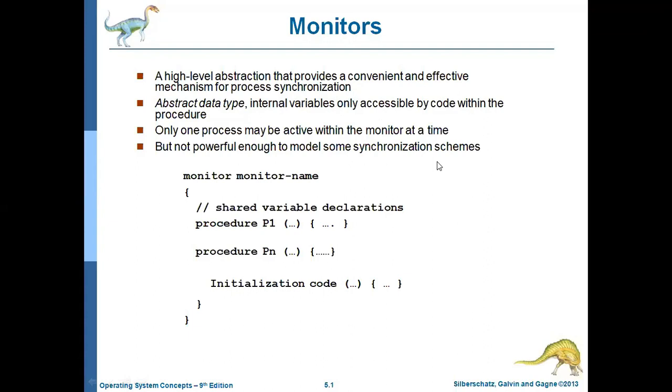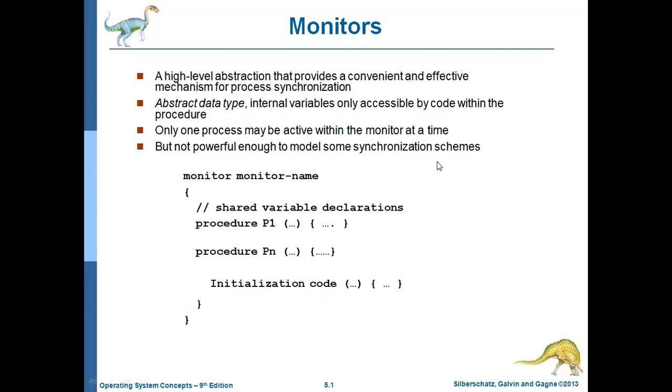Yes, ma'am. So an abstract data type is nothing but private data with public methods to operate on some data. That is the abstract data type. Why will we use that concept here? Monitors are an abstract data type, and they also consist of some shared data variables and procedures.